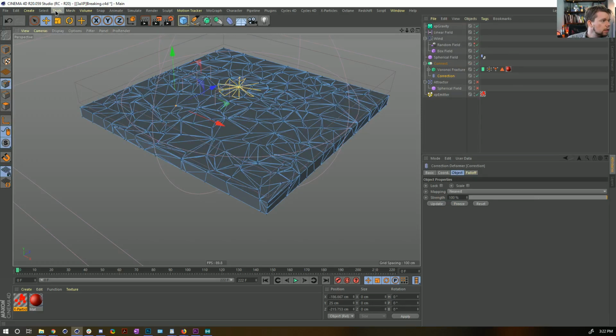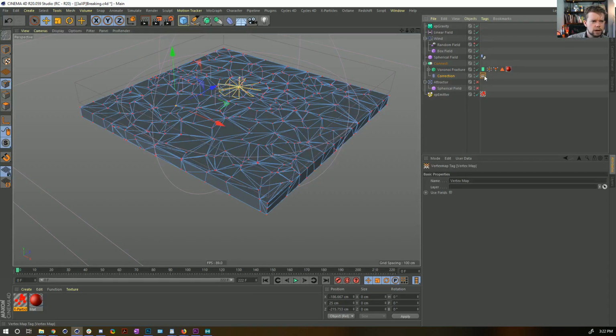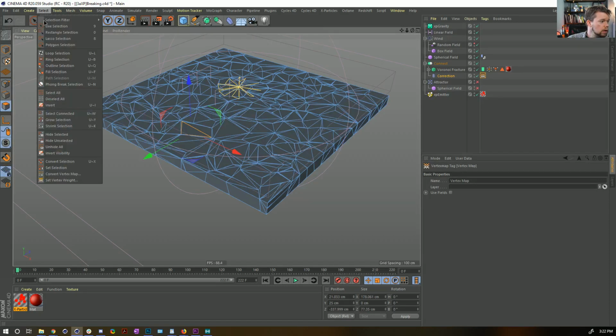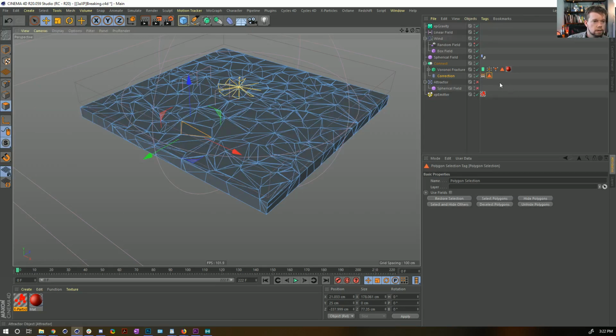I could select it and say, now let's put a vertex weight on it of 0. So now we have a vertex map. And now that vertex map, what can we do with that? We can probably also, apparently there's polygons on that, so we could do a polygon selection. So we have a polygon selection,